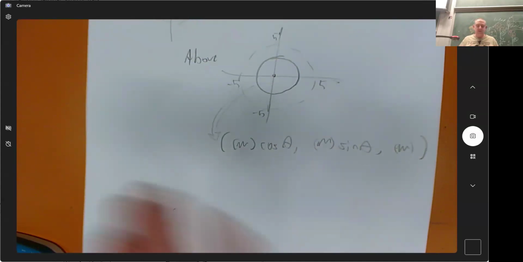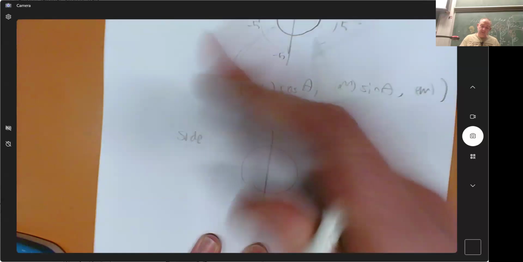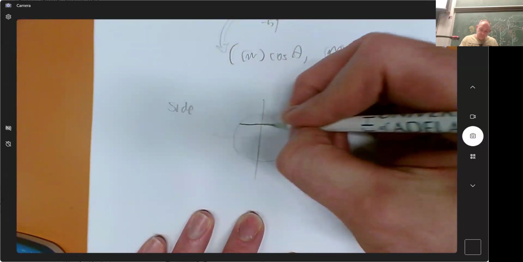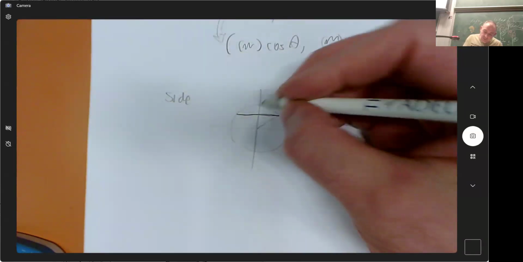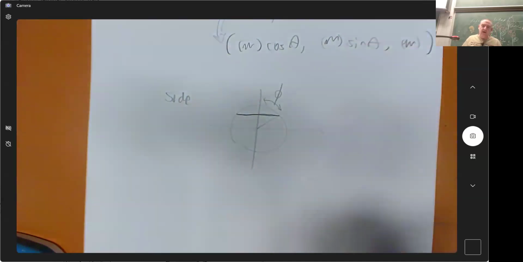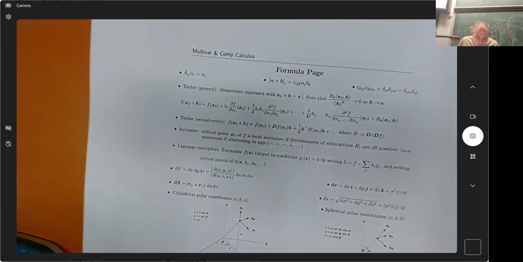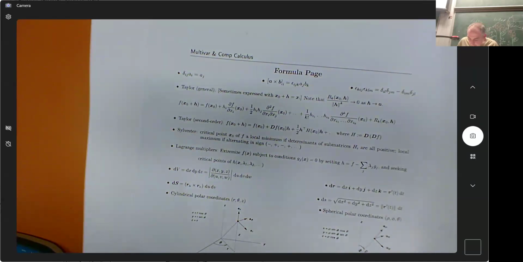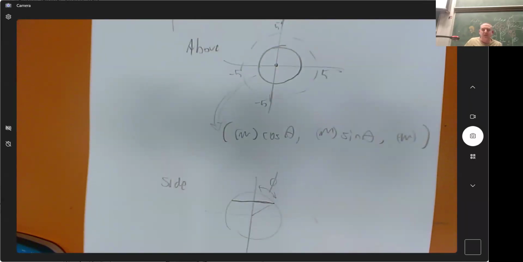And here's the magic trick that I love so much. From the side, it looks like this. What I'm going to do is call this angle phi. I think traditionally it's phi. Oh, it is? How exciting. Yes, they do call it phi. Yay for all of us. Because theta is traditionally used for the one that's going around a full circle. So we're going to come phi down from the top.